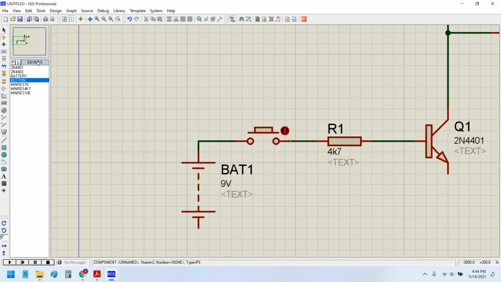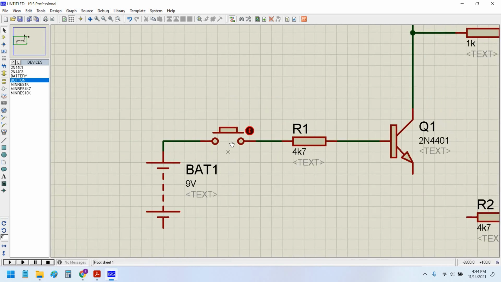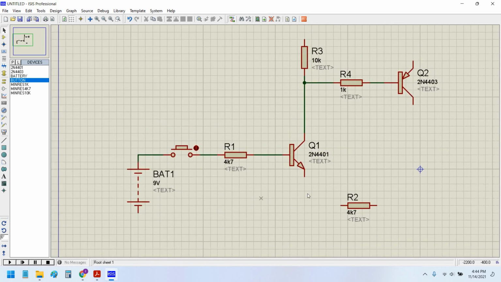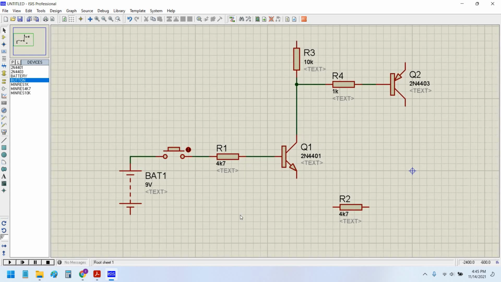This is the interactive push button in Proteus. If you see, this push button is exactly like it is in reality. This is a plunger. It makes the two terminals short for a while. When you release the button, it makes it open circuit. This is not available in LTspice for sure. This Proteus simulation software, I personally like it very much because it has interactive components which can show you the functionality in real time. Now place a relay.